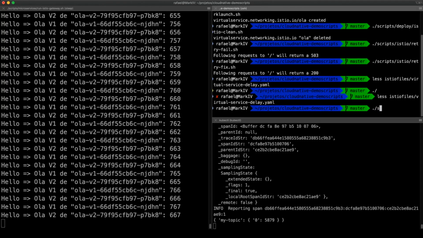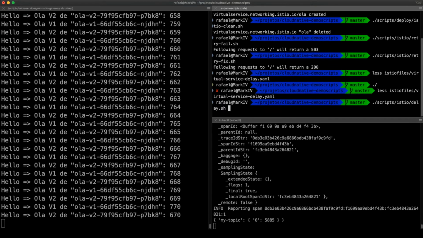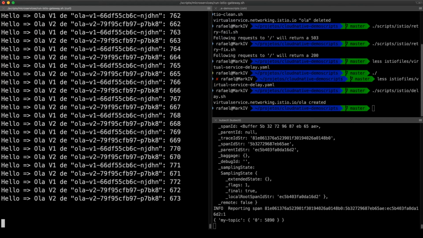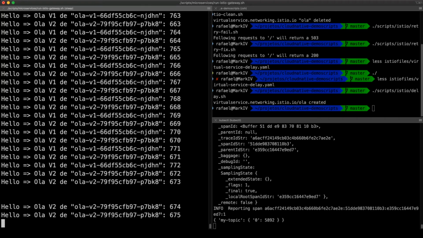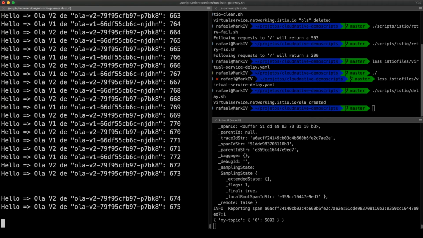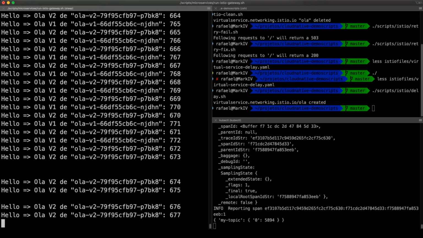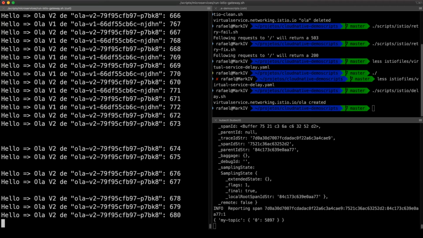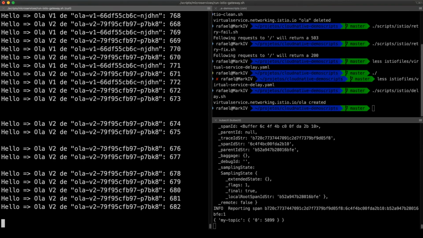A script, Istio delay. And now every request on v2 will take like 7 seconds to reply on 50% of the time. Okay, so there it goes. We can see, oops, here. So yeah, there it goes. We have an answer of v2 after 7 seconds. Now we are waiting for another delay. That's very useful for testing purpose. What would happen if a specific microservice start to degrade its performance? We can see that happening.